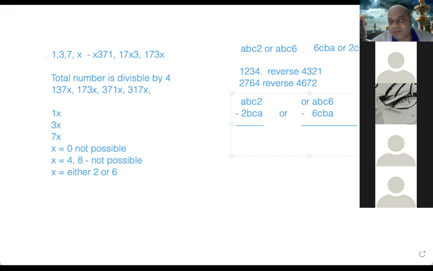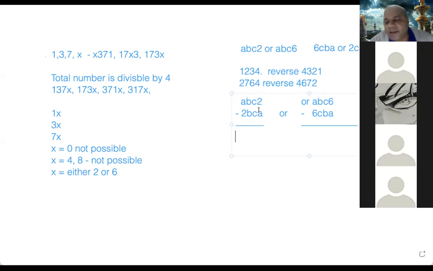2 minus 7. In subtraction, 2 minus 7 means you have to carry from the previous digit. Right. How do you do it? If it is 7, it is possible that 2 minus 7 is actually 12 minus 7, because you carry 1 from the previous digit into 12. So 12 minus 7 is 5. So it is possible.